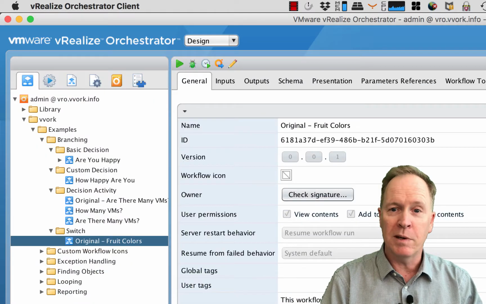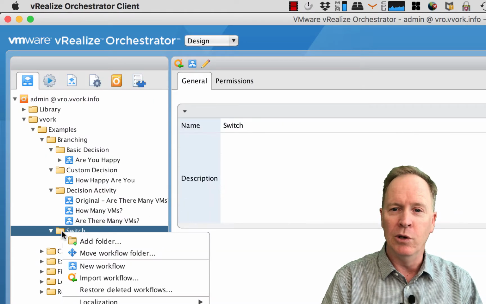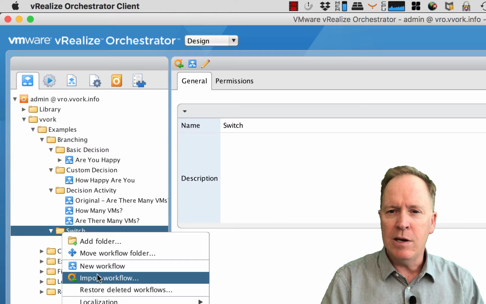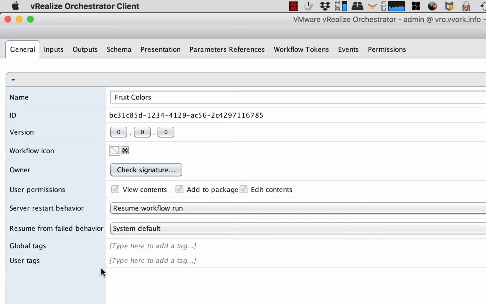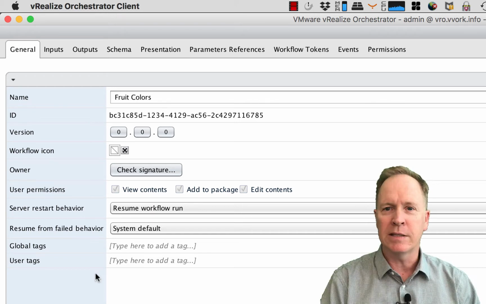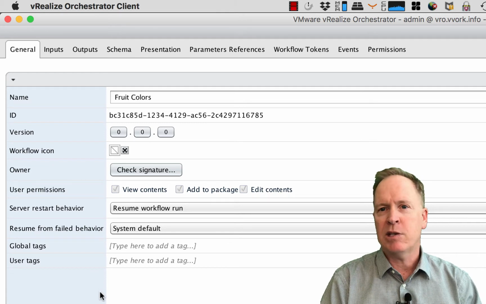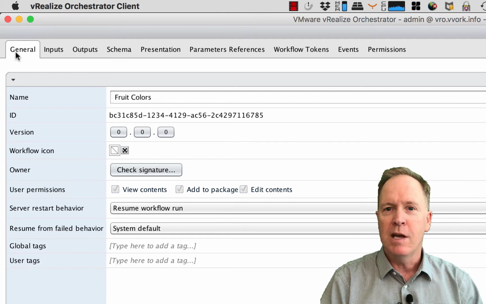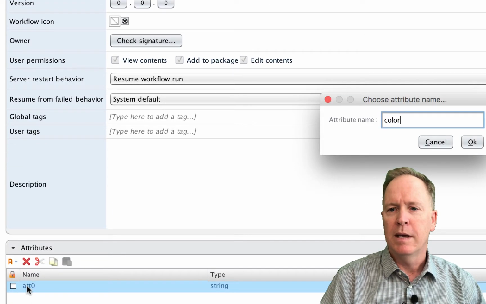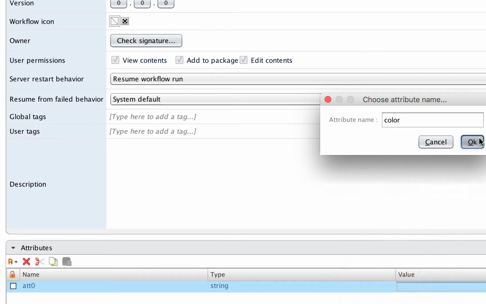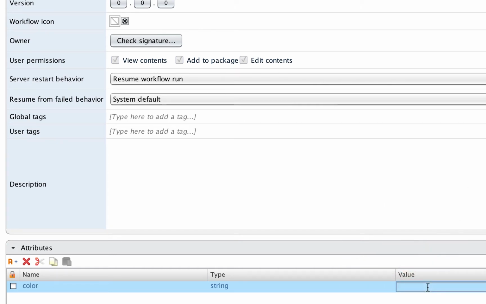Okay, so I've renamed the original one, and I'm going to create a new workflow called fruit colors. Now I can create this workflow in a number of different ways. I don't have to go through one prescribed way of doing things. So in this case, let's create our variables first. So I need an attribute called color. And I don't have to pre-assign a value, but let's go ahead and pre-assign a value,